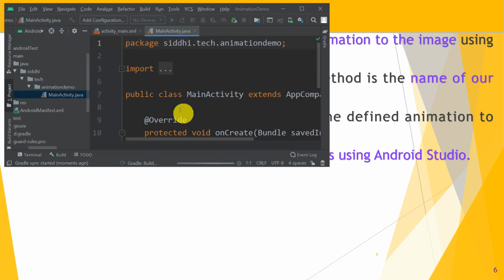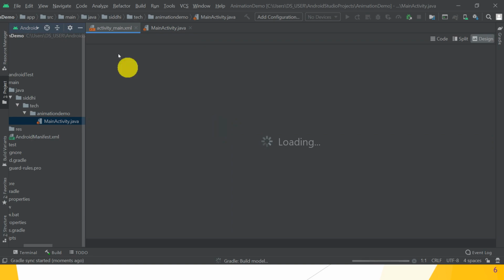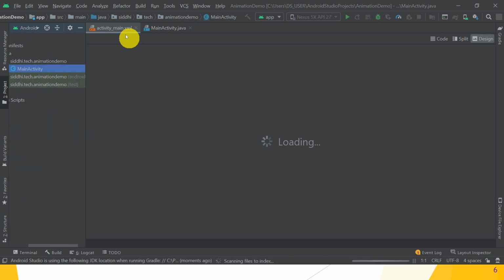First step, create the main activity.xml file where we have to take one view, that is image view, then attach some image to that image view by using the source attribute, that is Android source. Using that we attach an image to that image view control. Great. Then take two buttons on that main activity.xml file. In this first project we give the effect of slide up and slide down on that particular image.